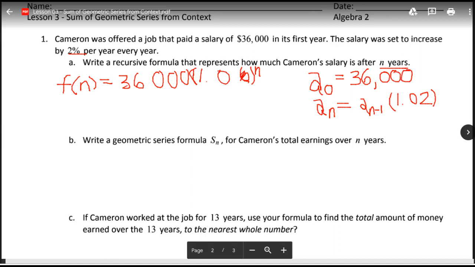So now we're just going to take it a little step further, and we're going to use the geometric series formula. So remember, a series means that I'm taking my sequence and I'm adding up all of the pieces. So again, this is one of those formulas that you get for free on the reference sheet. So you don't need to have this memorized, but because I'm not sure if you have your reference sheet in front of you, I'm going to just write this out for you. So remember, the formula was A1 minus,